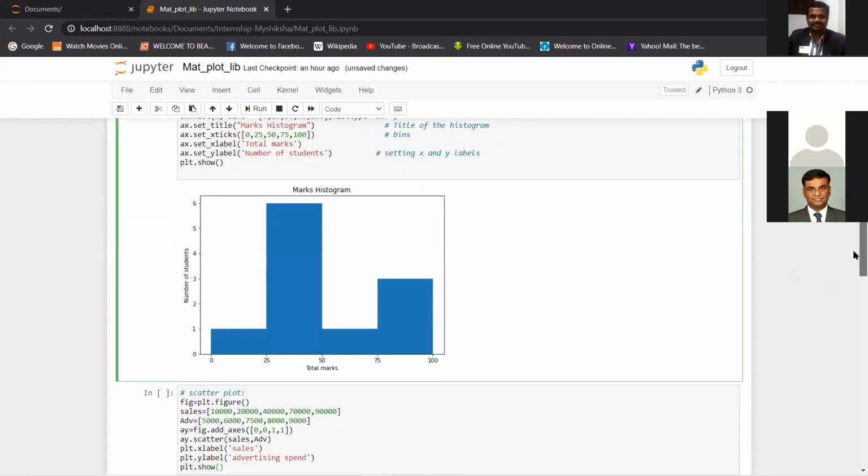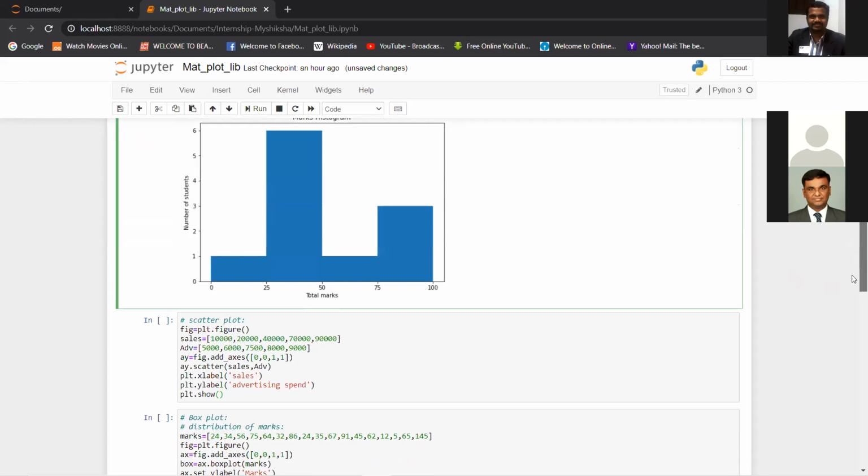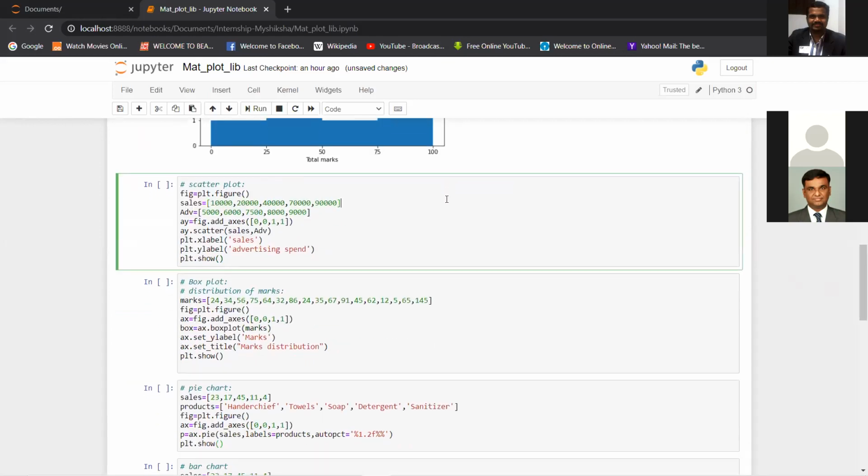So is this clear, or are there any doubts? Please confirm in the chat box.